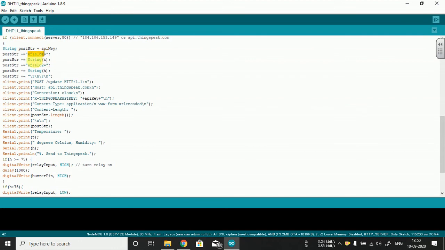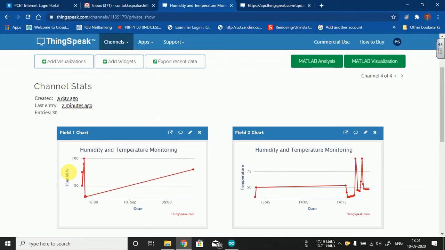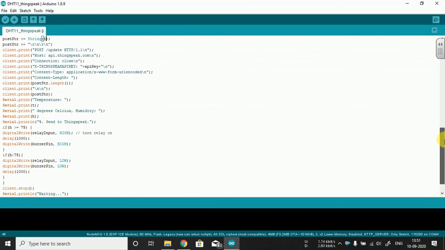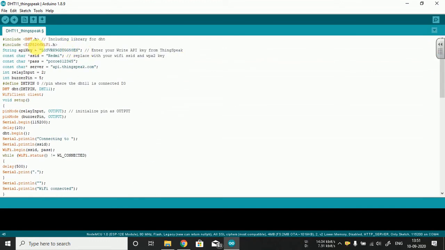So your field 1 and field 2 are associated with, field 1 is associated with temperature and field 2 is associated with humidity. So actually it is a reverse way actually. So it should be the humidity field 1 and field 2 should be for temperature, as we have just seen it. The field 1 is for humidity and field 2 is for temperature. So the respective changes you need to make, and that can be now the string will be generated. So that is the code about the ThingSpeak, means the temperature and humidity measurement or monitoring using ThingSpeak Cloud.